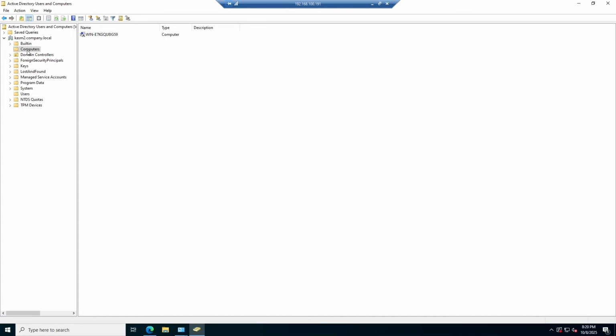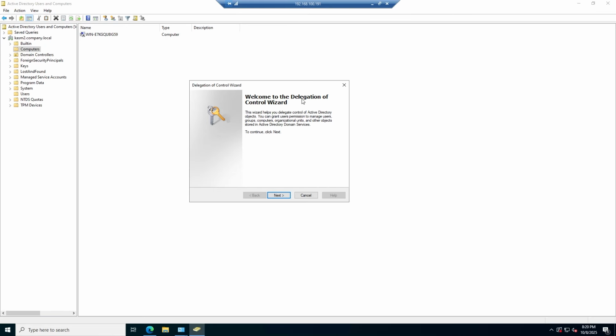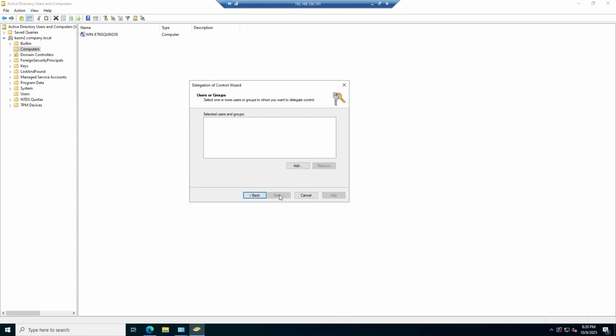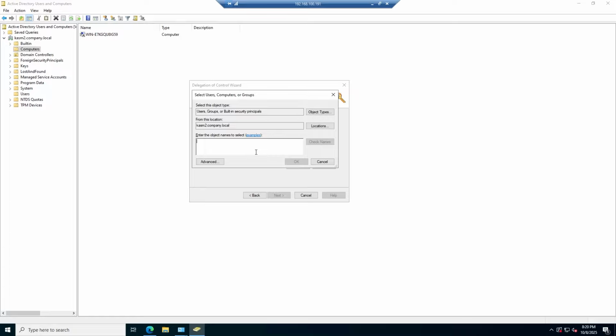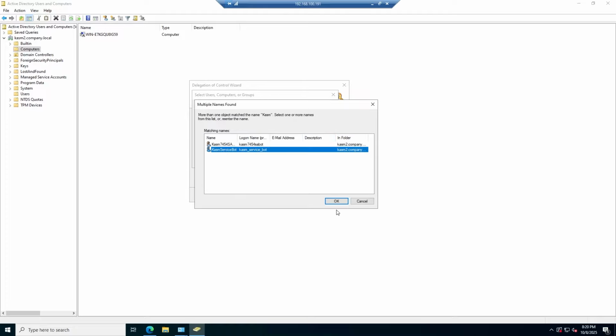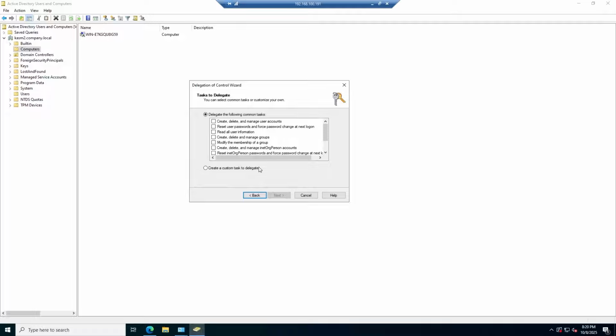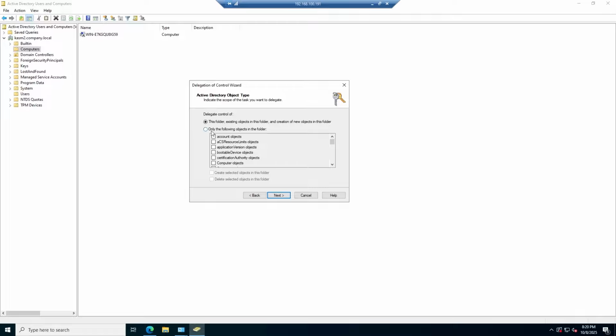So to do that, I'll right click on computers, click on delegate control, and then this widget comes up, click on next, and then I will add my Kasm service bot account, which is this one. Click next, and then I'll choose create a custom task to delegate, click next again, and I'll say only the following objects in this folder, and I'll select computer objects, and then I'll select create selected objects in this folder